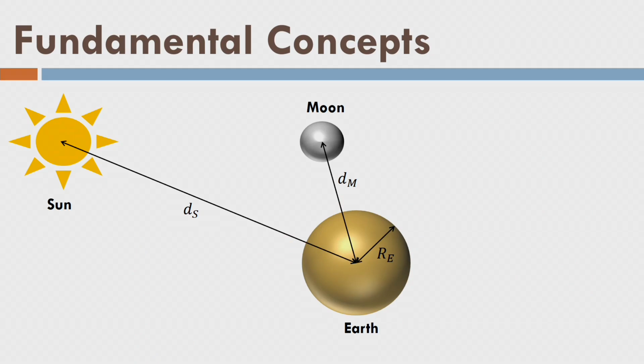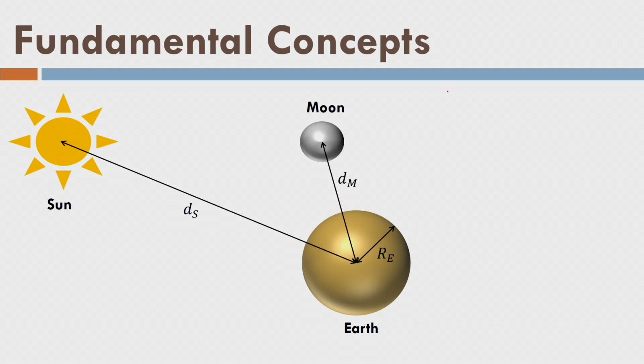Let me tell you one thing, that same thing is happening for the sun also. Since I am not marking it here, it does not mean that it is not happening. It is happening with the sun and earth interaction also. That means a point on the surface of the earth is attracted by the moon, as well as it is attracted by the gravity of the earth. So let us go ahead with this idea. This is the given situation here.